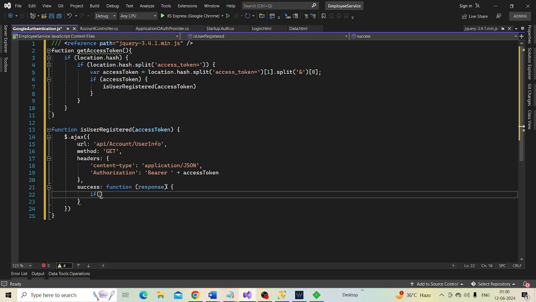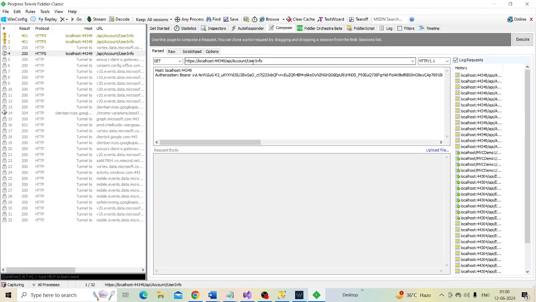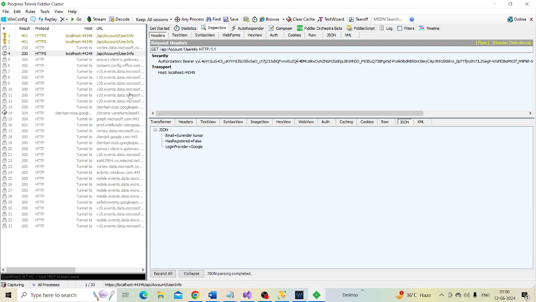Notice once we issue a GET request to this URL, in the response we get this hash registered property, which tells us if the authenticated user is registered with our application or not.